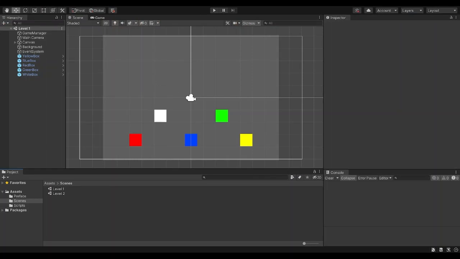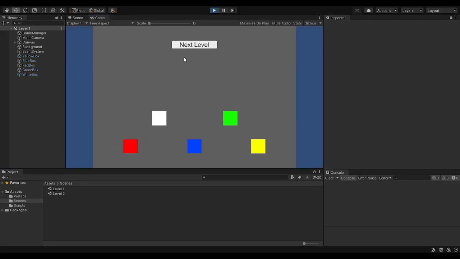So what usually happens in Unity when we try to switch scenes, let's say from level 1 to level 2, is that the objects get destroyed in the process. We can solve this by introducing the built-in function DontDestroyOnLoad.